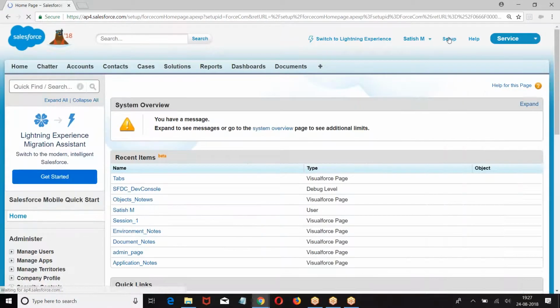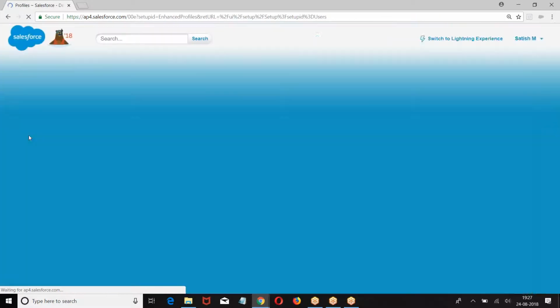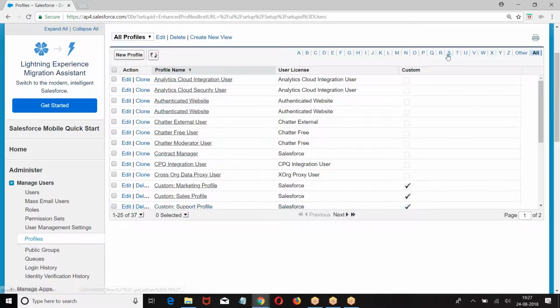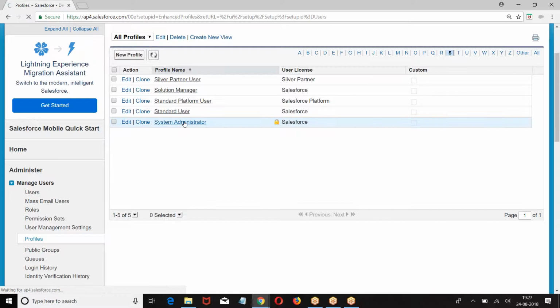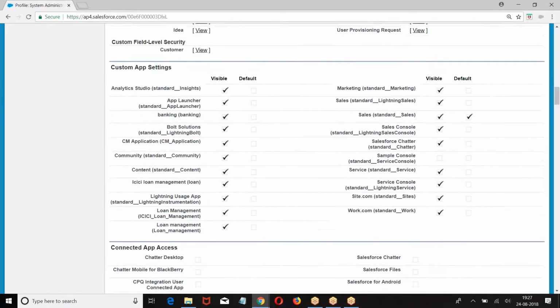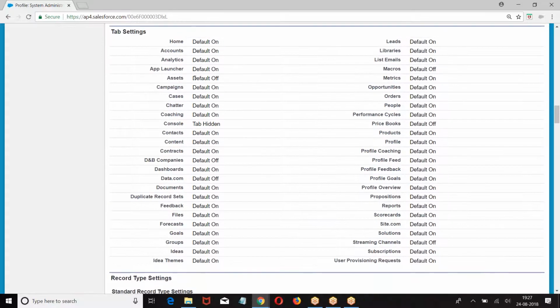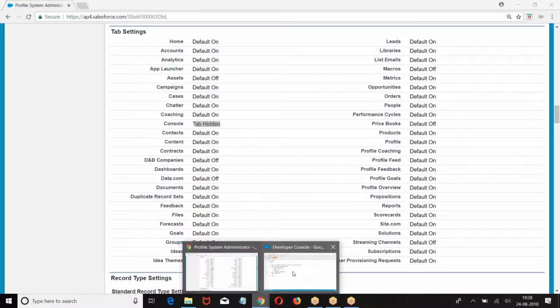Look at this setup. What is the visibility here? Default on, default off, tab hidden. So how are the permissions given? We are giving 3 permissions: default on, default off, tab hidden. So what are default on, default off, tab hidden?